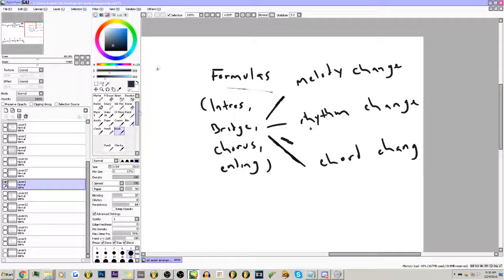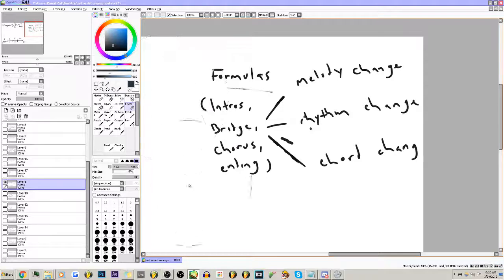Well, the biggest secret to understanding arrangement, the reasons why we have to add another section, like why do we have to call it bridge? Why can't it just be intro again? Why can't it all just be one thing? No, why do we have to break it up? That's the bigger question. Why are they in different sections? The main answer to that is because things have to change. Regardless, in order for a song to progress, something must change. It could be a minimal change, it could be a drastic change, but all you have to know is that things